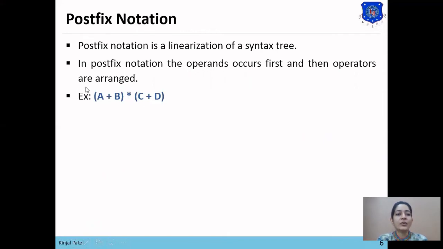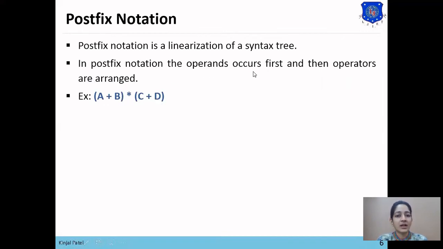Now, if we want to convert this expression into postfix notation, then the operands occur first. Here, if we see the first bracket, in the first bracket there is the sub-expression a plus b, in which a and b are the operands and plus is the operator. So the postfix notation for a plus b will be ab plus.